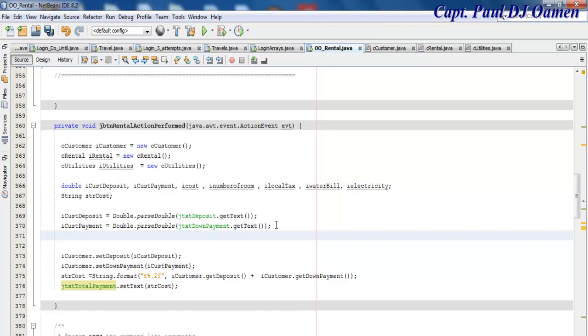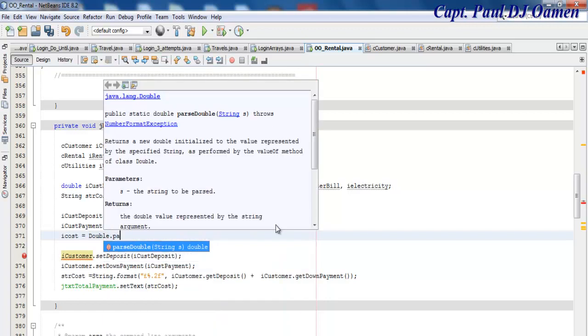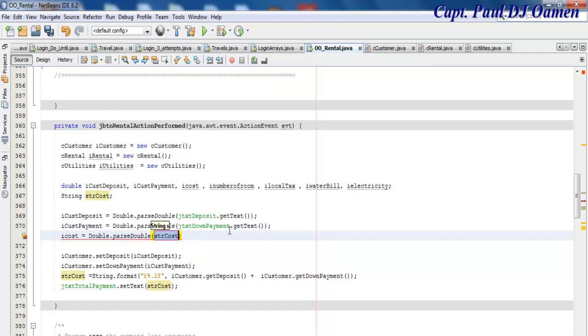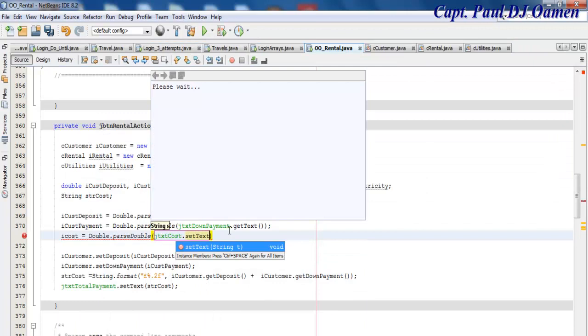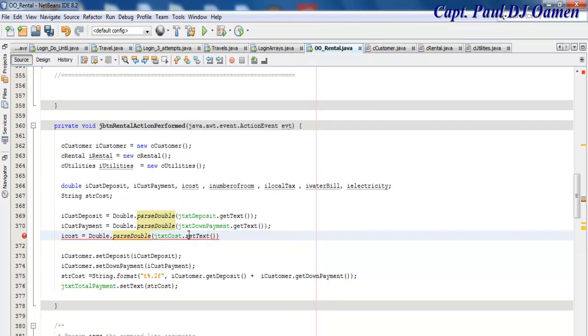Let's say I cost equals double dot pass, and what we're passing is going to be JTXE cost dot set text. No, get text, not set, get text. Right,